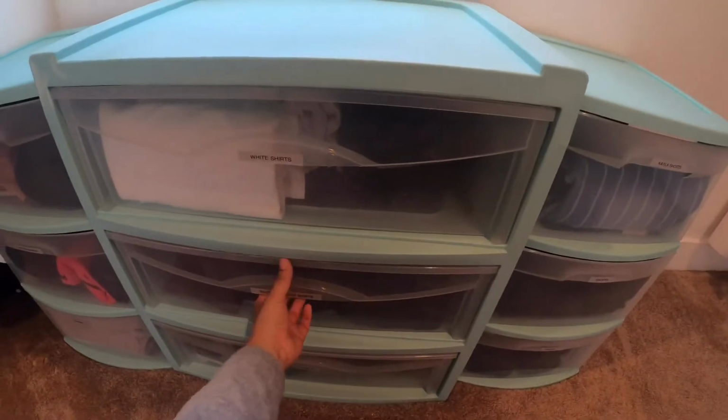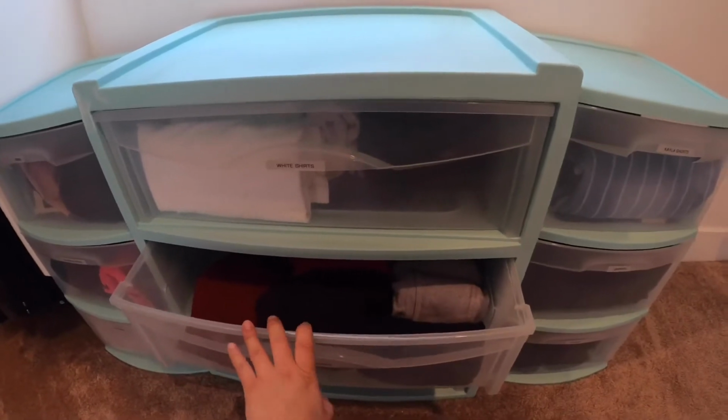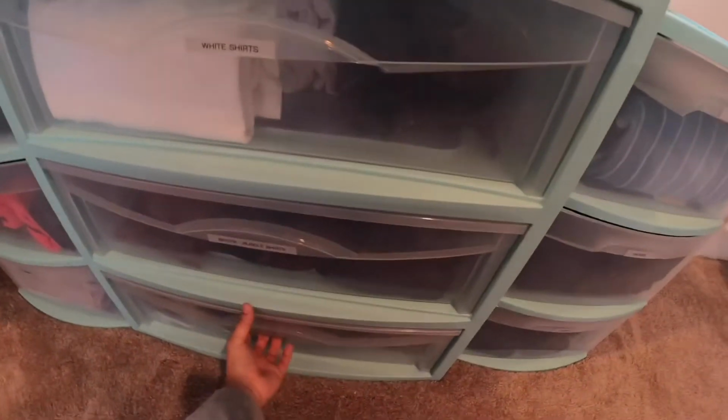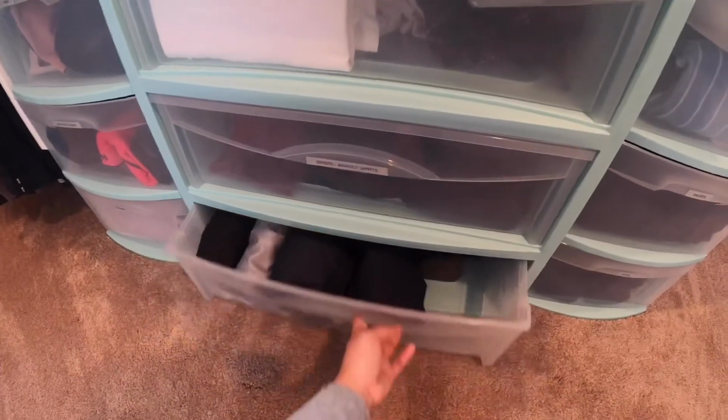Over here I keep his briefs and his muscle shirts. Again, they're all like in a file system, all color coordinated. Right here we do keep his basketball shorts. Everything is color coordinated, like the blacks, the blues, and everything like that. Again, they are folded the same way so that he can easily grab one. And then